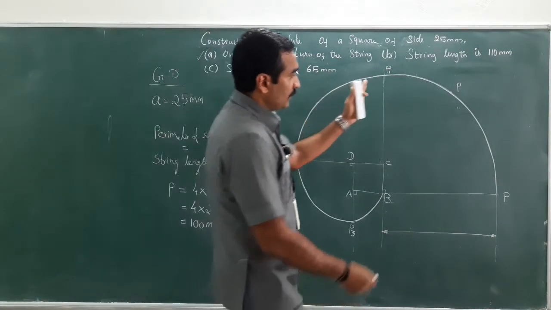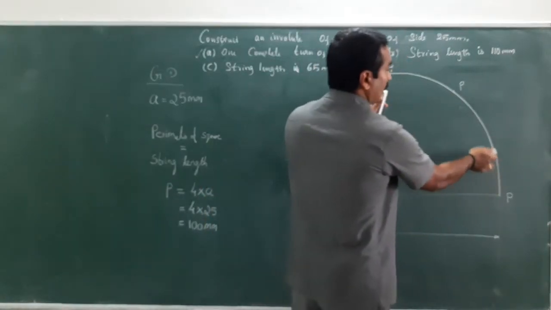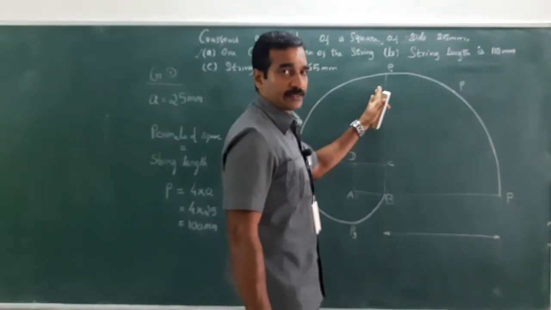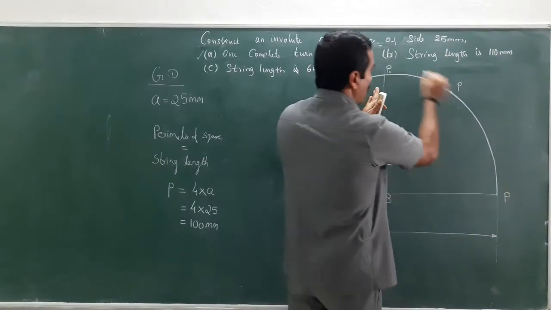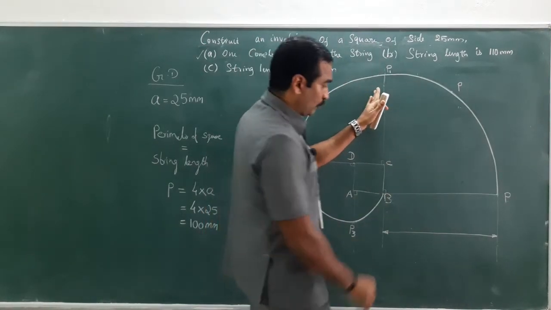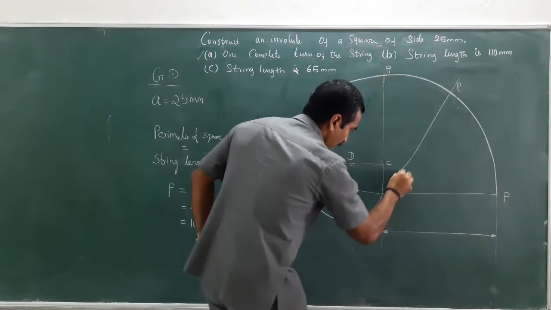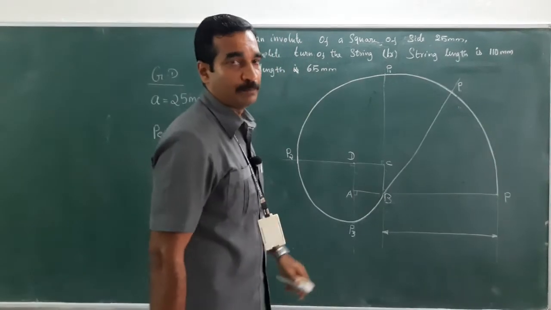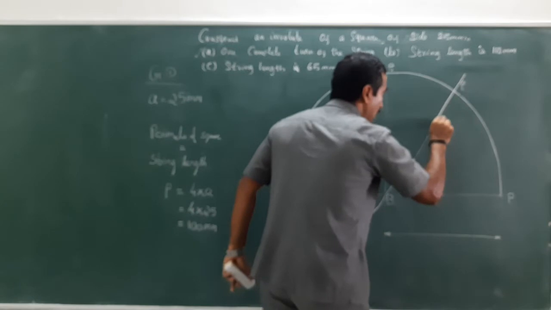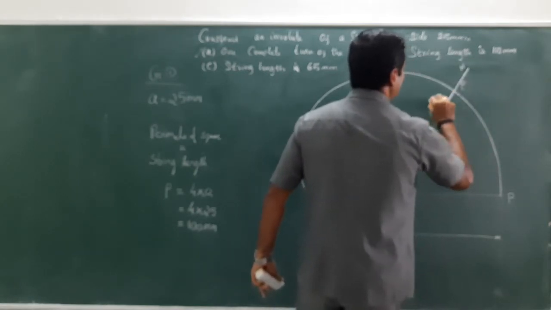Now, this is the segment I have chosen. From where is this particular arc generated? Keeping B as center, isn't it? So this arc is generated from point B. Therefore, connect this line till it meets point B. This line is nothing but the normal, drawn dark. So this can be denoted as N dash.